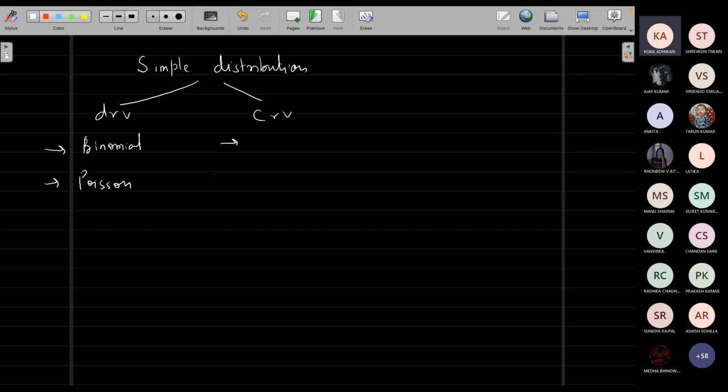What do we do in physics? Basically, that's the idea here. And then in the continuous case, we are going to take two distributions. Sorry for this handwriting. The Gaussian distribution and the normal distribution are basically the same; the Gaussian distribution is called the normal distribution because of its importance. So we are going to take a few distributions, both for discrete and continuous random variables. We will describe those distributions, which are important in physics, and see what comes out of them. That's what we do whenever we have a probability distribution.